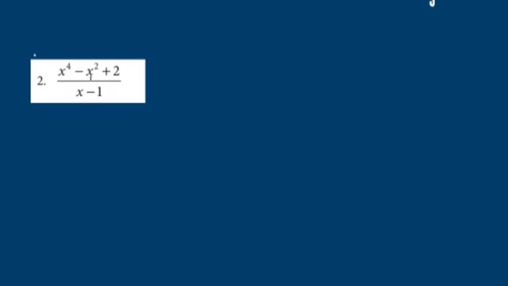Integrate x power 4 minus x square plus 2 by x minus 1. We have to simplify this. There is no product rule, no quotient rule in integration, so you have to simplify this. Either you expand it or use the algebraic formula and simplify, or you divide. You can divide x power 4 minus x square plus 2. Hope you all know the division. You can divide and find, or there's another way of doing this sum.